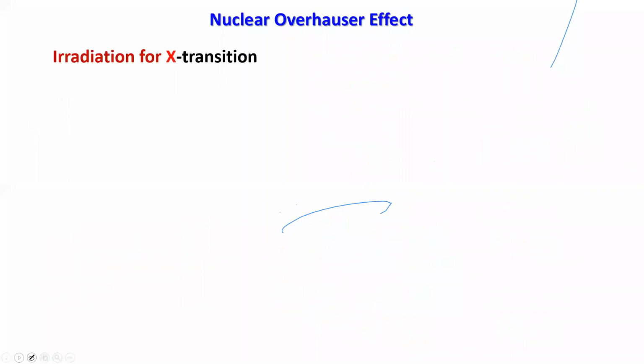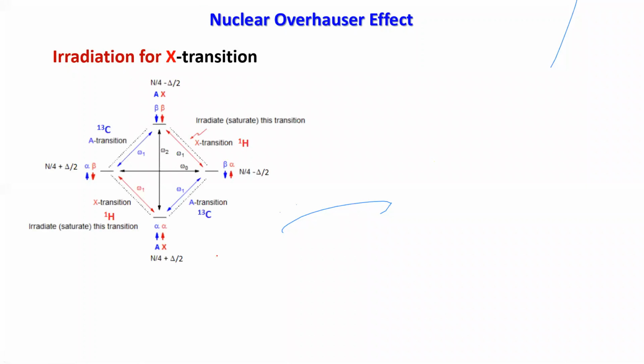And if you look at the scenario here, that has happened. So we are irradiating the X or the proton nuclei to make a saturated point. So for the saturation transition we are subtracting del by 2 to achieve this state. So here, initially it was only del, and if you subtract del by 2, it will be del by 2 only. Here it was initially n by 4 only, and you are adding del by 2. So now the population becomes n by 4 plus del by 2.